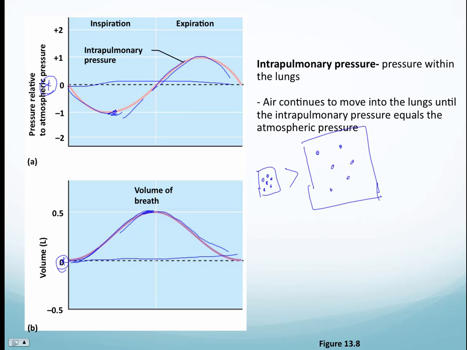Now, if we're given these two examples, and you have more oxygen that you want to bring into these containers, which one is it most likely going to get into? It's going to want to get into this one, right? Because it has more space, more area. So same thing with your lungs. If you have more volume, because you have low pressure within your lungs, you're going to allow air to passively enter into your lungs